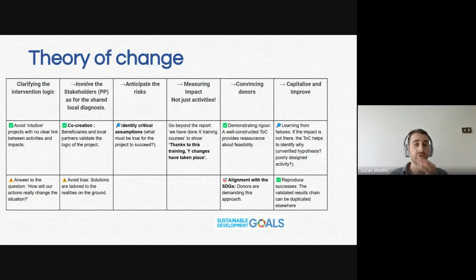Then, measuring impacts, not just activities. As I said, we want to know the long-term impact of this theory of change. So to measure the impact and not only the activities, you have to go beyond the report. I'll give you a simple example.